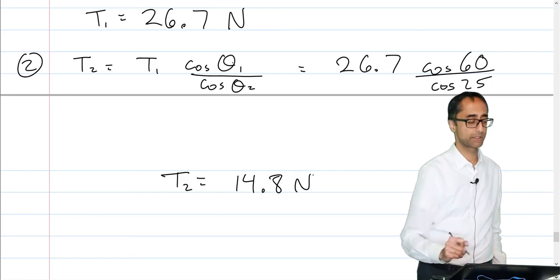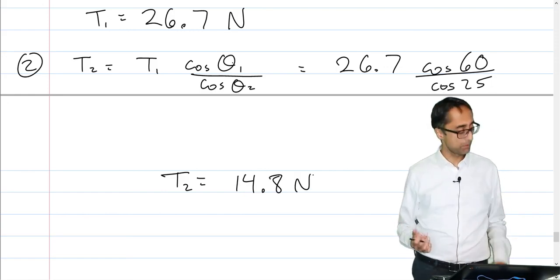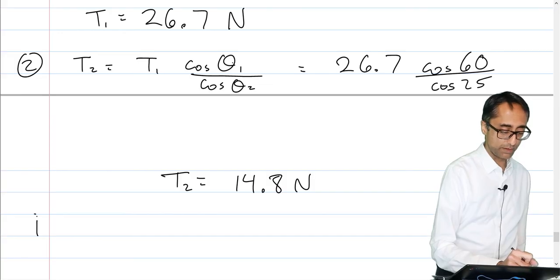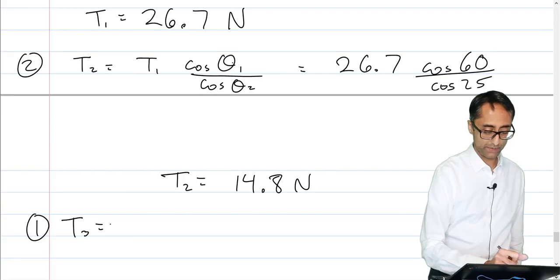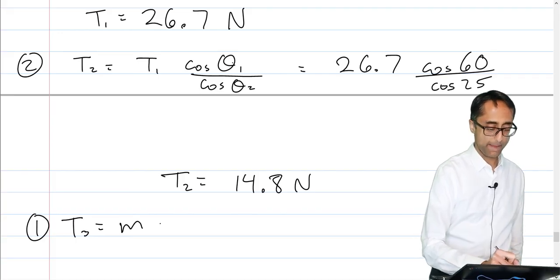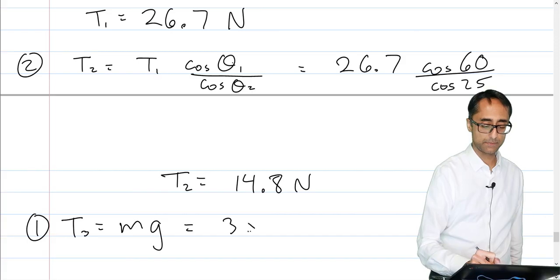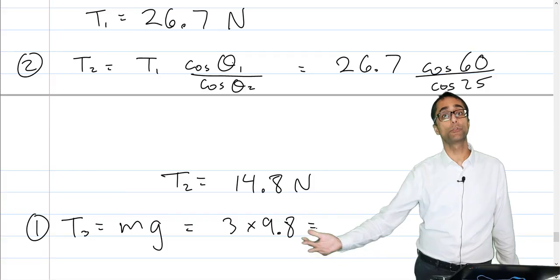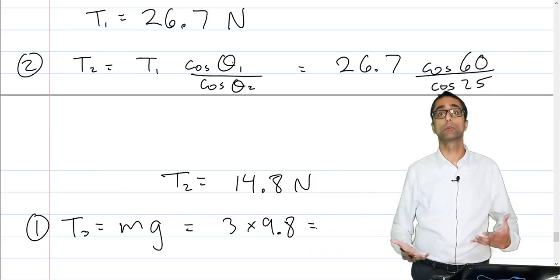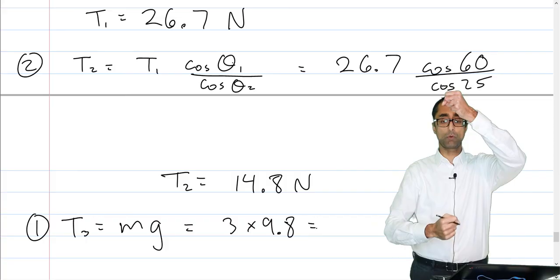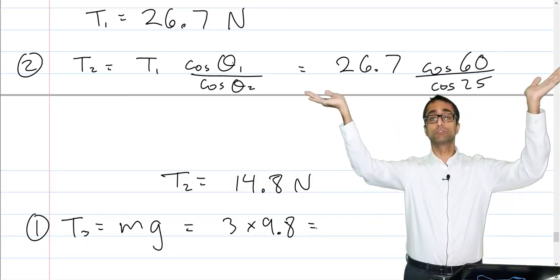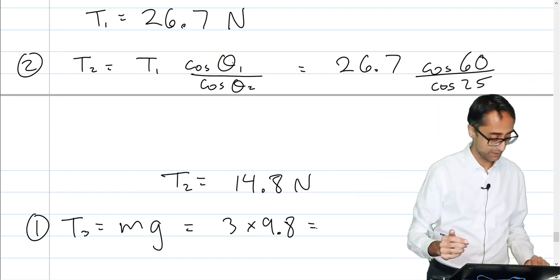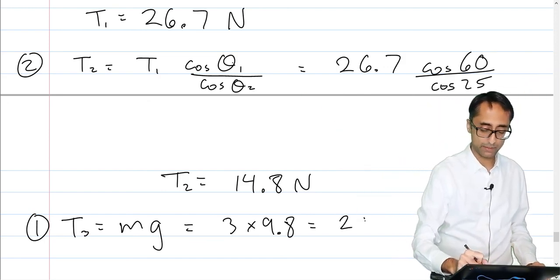14.8 newtons. And then finally, to finish the problem off, we're going to get our T3, which is of course just equal to the gravitational force, or mg, 3 times 9.8, which should give us the biggest number of the three. That wire should hold the most tension, since essentially it's holding the piñata up, and then the other two are sharing the load on the piñata. And throwing that in our calculator gives us